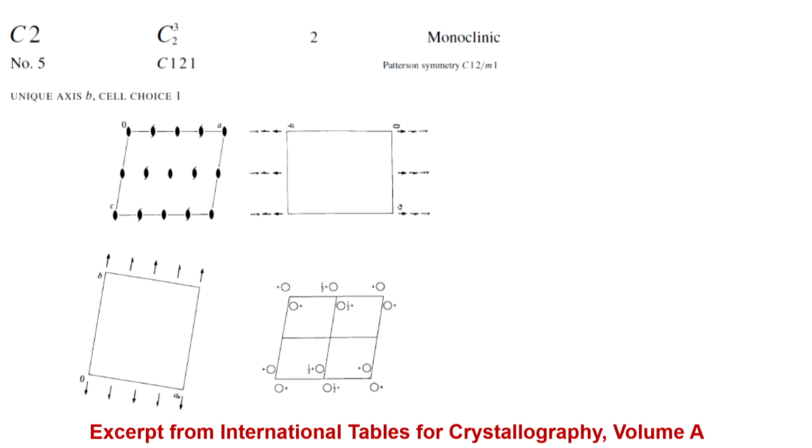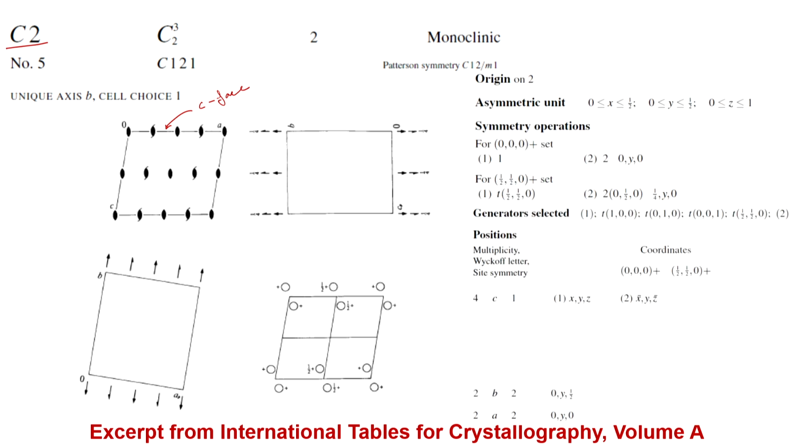So, coming to the space group number 5, C2, this is essentially an end-centered monoclinic crystal, unique axis is B, along with the two-fold symmetry axis, and one has a centering translation, the C face. So, this is the A axis, this is the C axis, vertically up would be the B axis, this essentially is your C face over which there will be a lattice point at the center as well. So, there is a centering translation of half A plus half B. So, let us look at the Wyckoff positions for this.